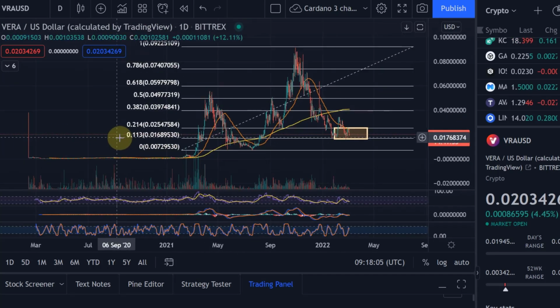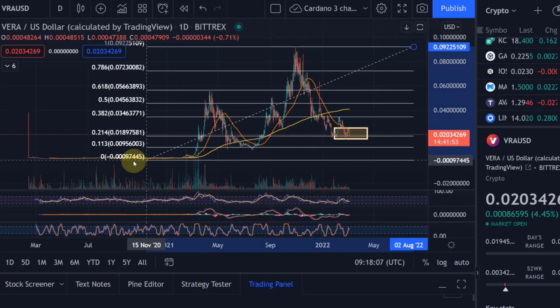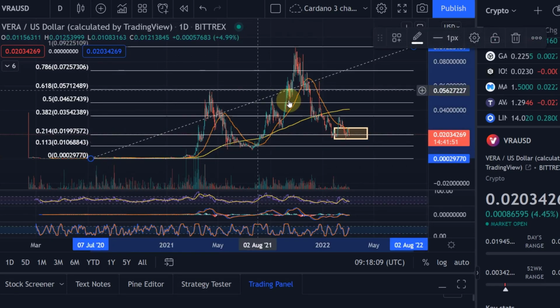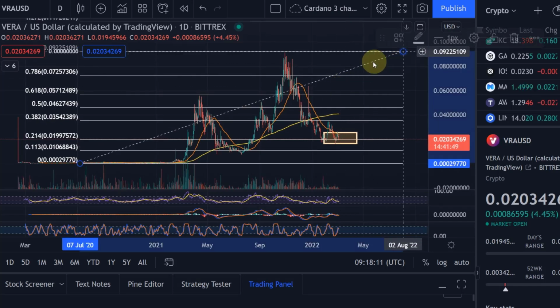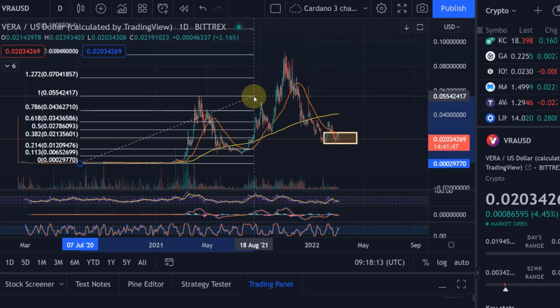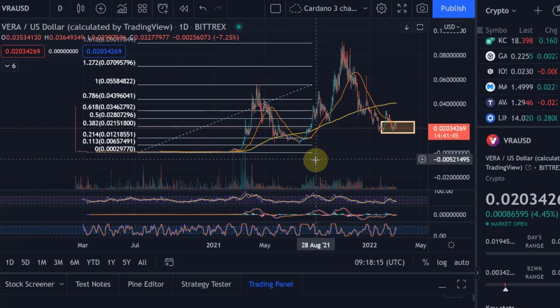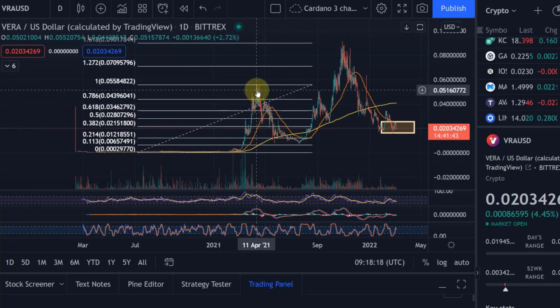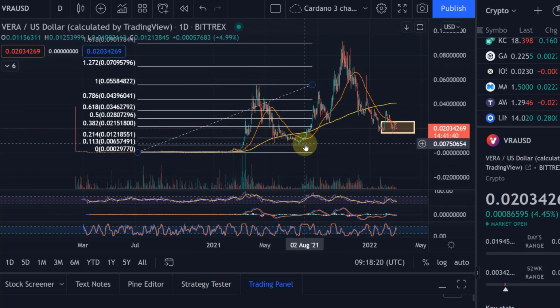What I really wanted to show you is this previous wave that we did. Basically, the previous all-time high here was Verasity's first wave one. A wave one to the upside, a wave two to the downside. As per the Elliott wave method, you always get the wave one to the upside, then a wave two down, a wave three up, which is typically the most bullish wave. The wave four is a corrective wave down, and the wave five is the last wave into the trend direction,